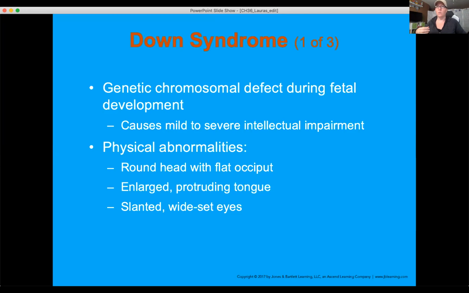With little kids, we pat under their shoulders, right, to bring their head in the right position because they have that round occipital region. With people with Down syndrome, if we're having to control the airway and manage an airway in somebody with Down syndrome, you might have to do the opposite. And then you have to compensate for the tongue, right? Their eyes tend to be wider apart and they tend to be more slanted.